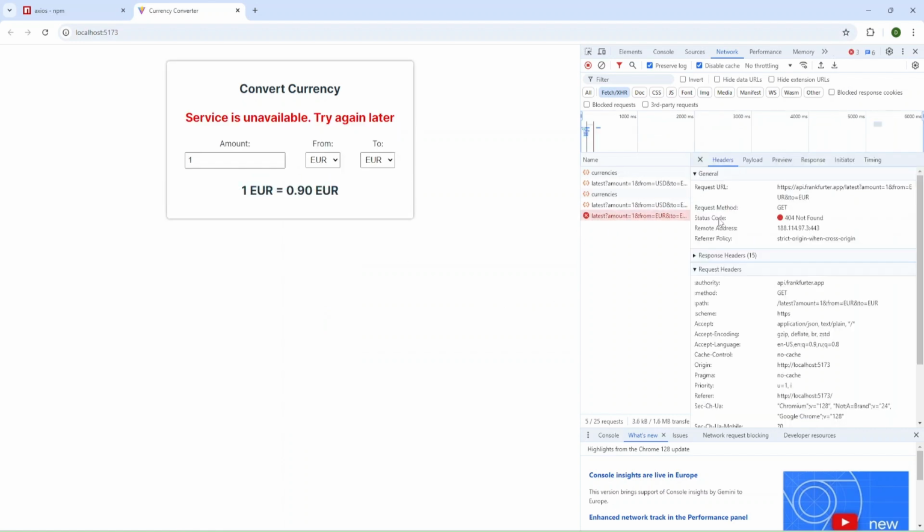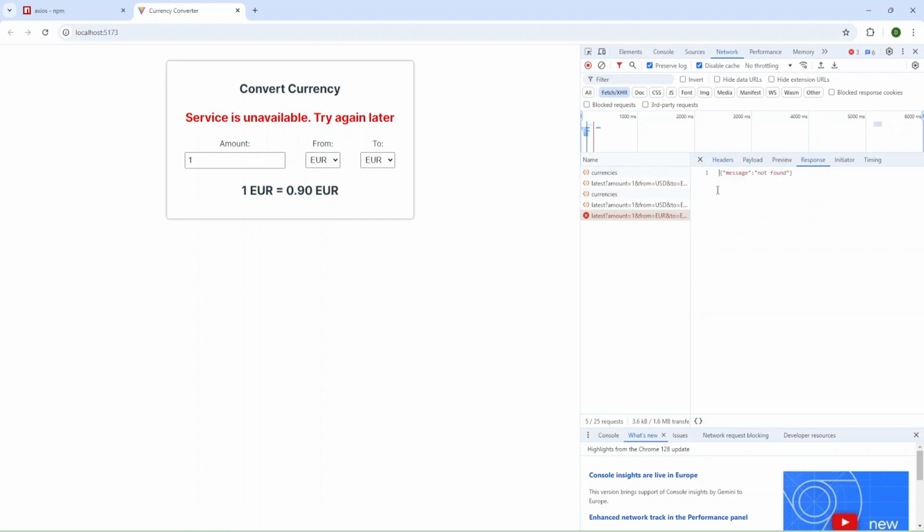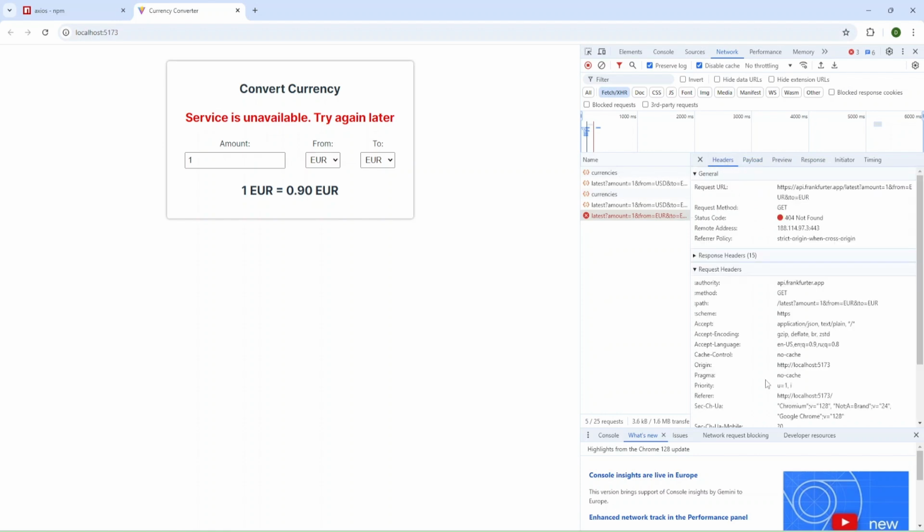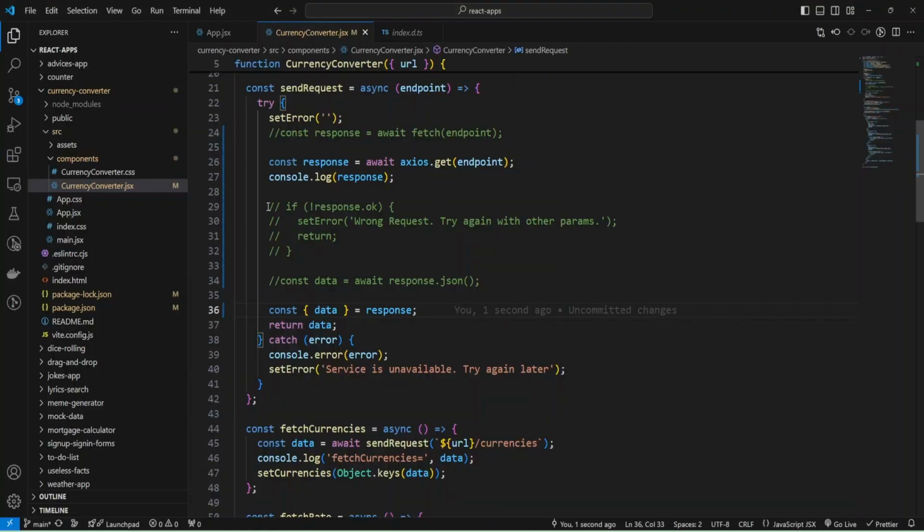In response, we have status code 404, and we can check it here. And so in Fetch, we added this if not response.ok. We also can check status code, but during Fetch, it was okay, and Fetch didn't catch the error, while when we migrated to Axios, it